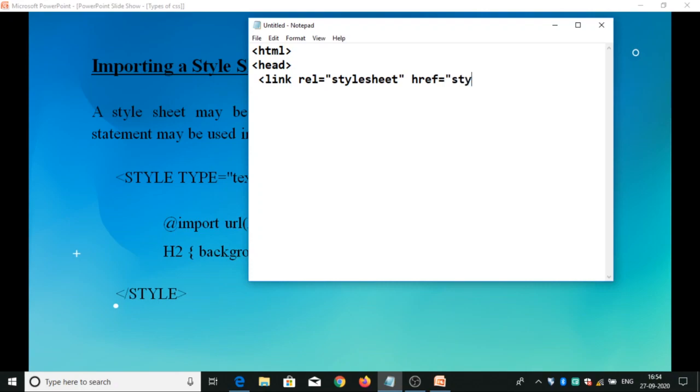Here I am including the style1.css file.